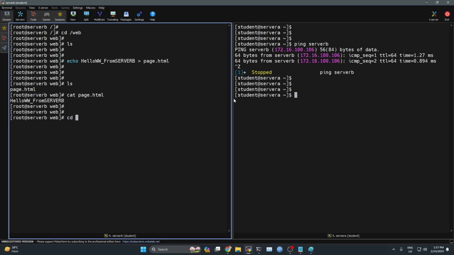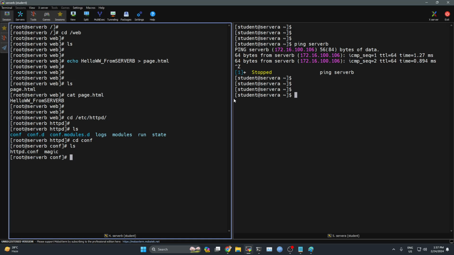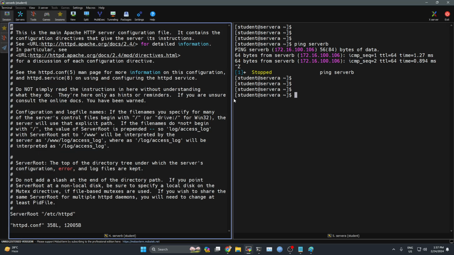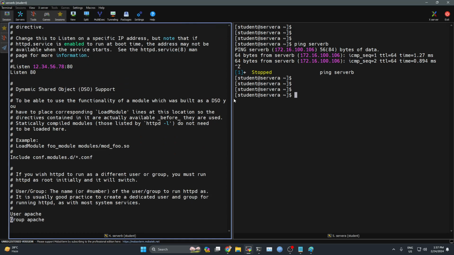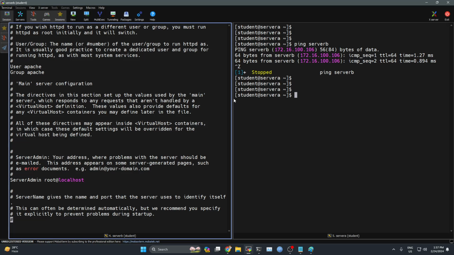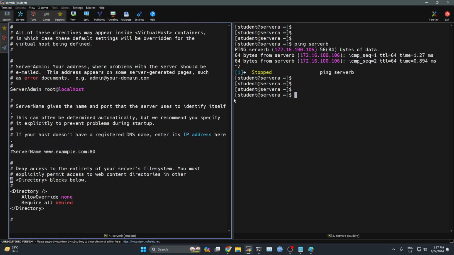So the configuration file for Apache is in /etc/httpd, and here we have the conf directory, and here we have this httpd.conf. This is the configuration file for Apache. Get down and change the directory of the page. So the directory of the page is here,